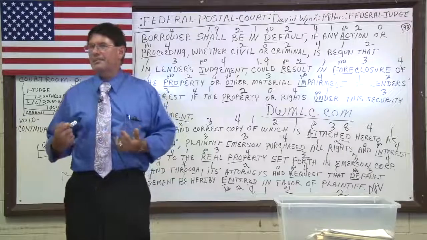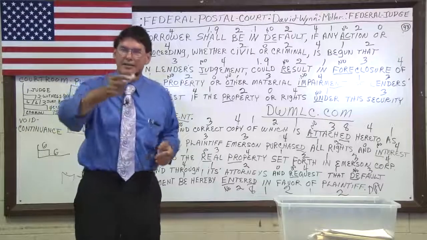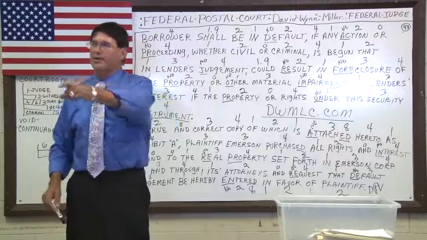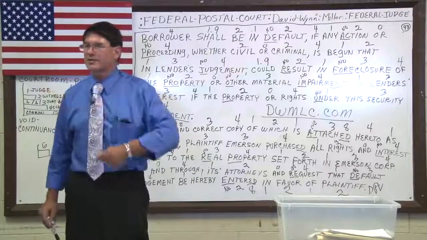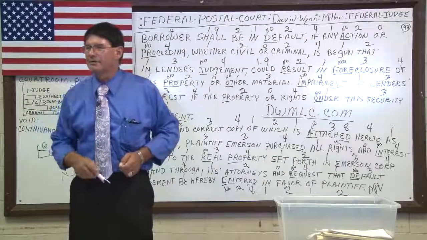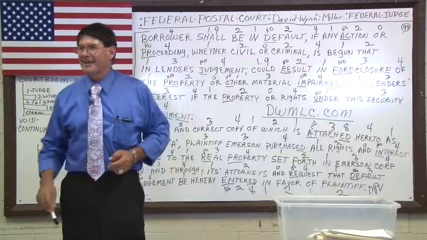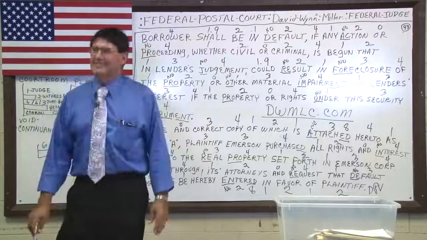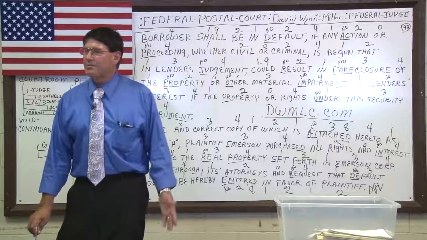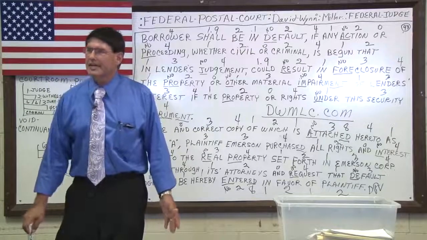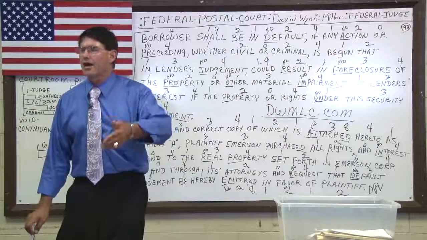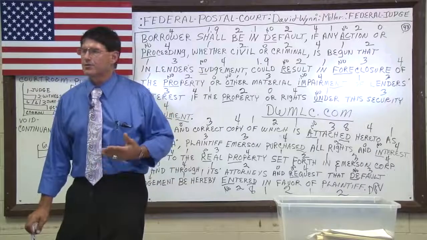That would be like me appointing the cameraman here to sell your house because I appointed him, even though there's no continuance of evidence. And then he gets to keep the money because I appointed him. That would be completely crazy. Gee, how can you be a nominee and a mortgagee? Can't. They can't be the mortgagee for the simple reason they never signed anything. But that would just be another layer of fraud that they put on there to confuse a person who doesn't know what's going on.